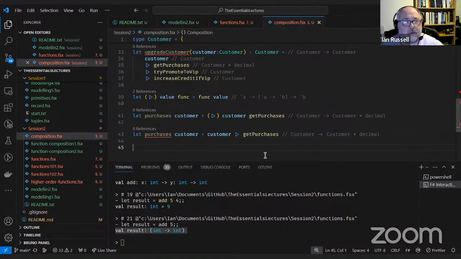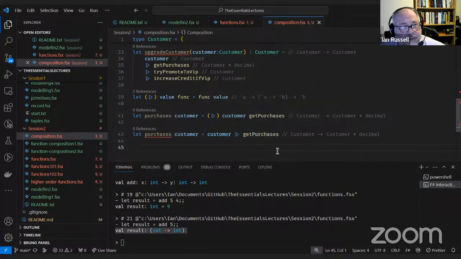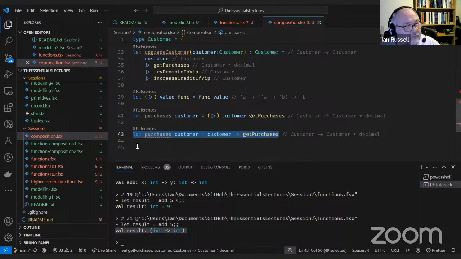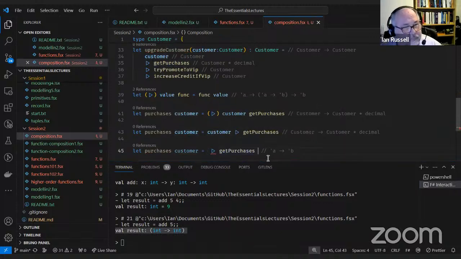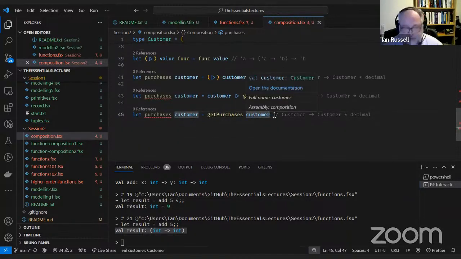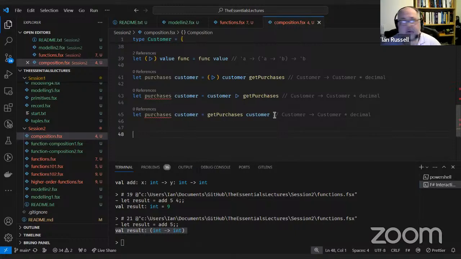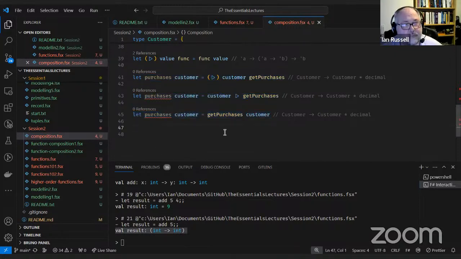So it's exactly the same thing. We take customer, pass it through to here to get purchases, and that's exactly the same as just calling the function as you'd normally expect to call it. So those three things there are equivalent. Normally you just do this,